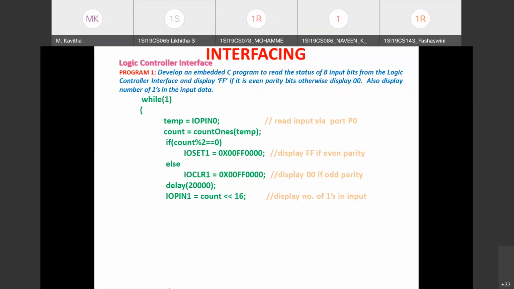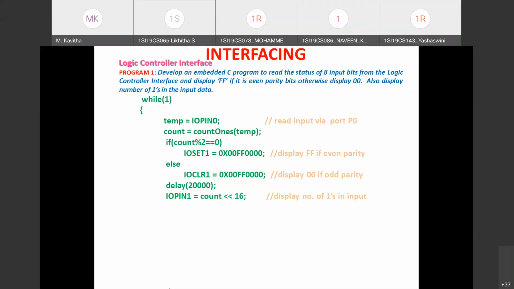So whatever the count you'll get, in which bit position will that count be appearing? Lower order, right? Lower order 8-bit position you'll be having that count. Where should that count appear to display it to the logic controller? Which are the output port pins? In which bit position you need to have the data?